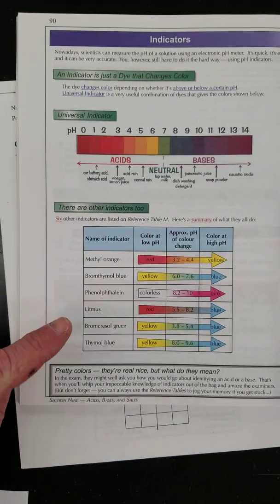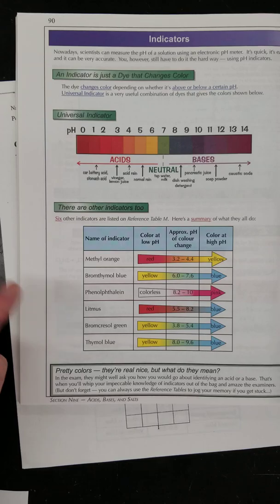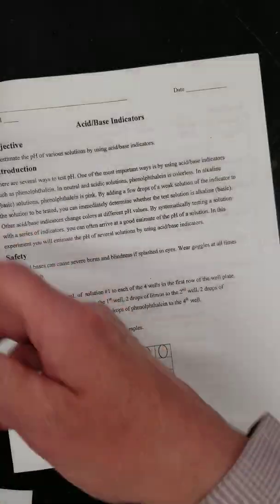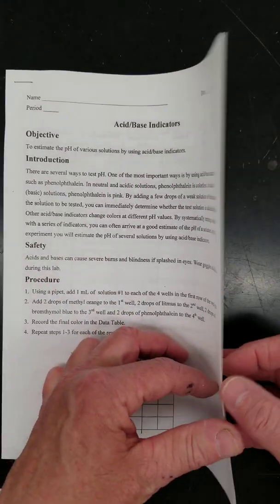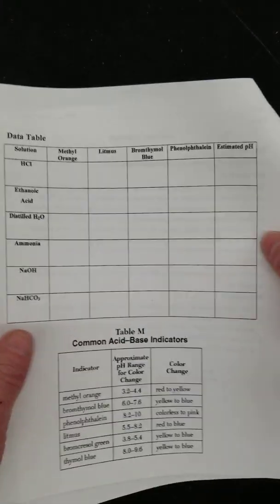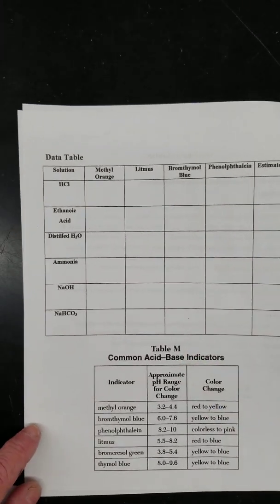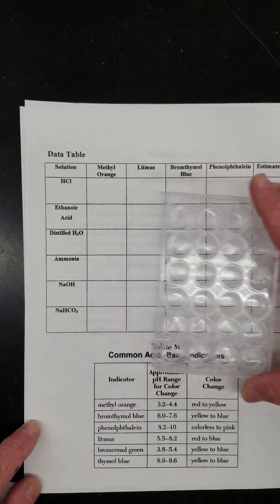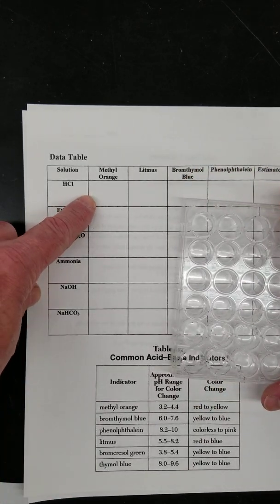Okay, so remember the indicators. We're talking about table M. Remember they're going to change different colors as we put them in solutions of different pH. So the first step, of course, is to set up the well. This table tells us how to set up the well. Once these change color, what you're going to be doing is writing down the color change in each one